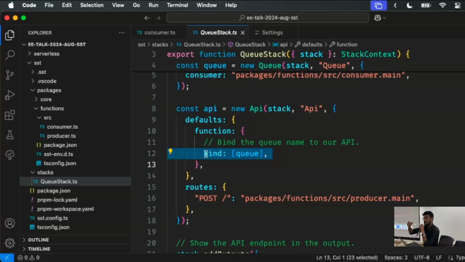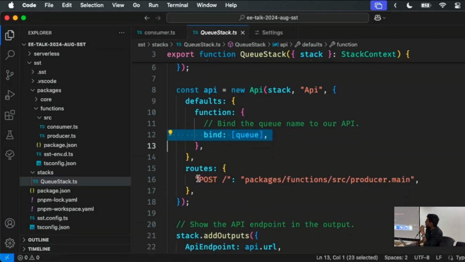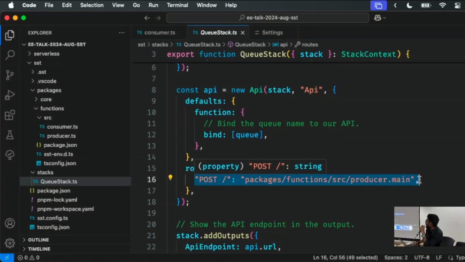This, again, I'll tell you, is one of the most underrated advantages of building on AWS, because if you've built anything for AWS, the biggest challenge is IAM. Everybody hates IAM. You're constantly fighting IAM. Something breaks, you have to go over a lot of Stack Overflow and support requests to figure it out. So this makes it very, very easy for you. And I've set up a post handler for the producer. This, if you remember, is where I sent the request to.